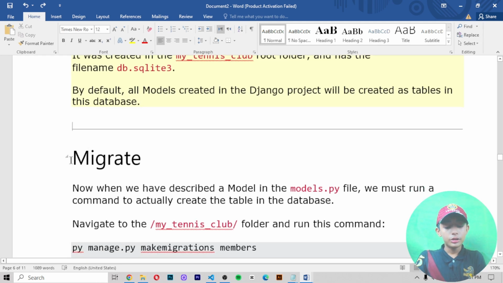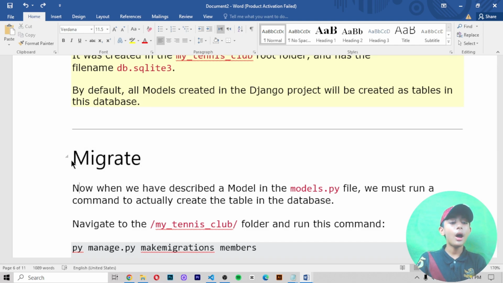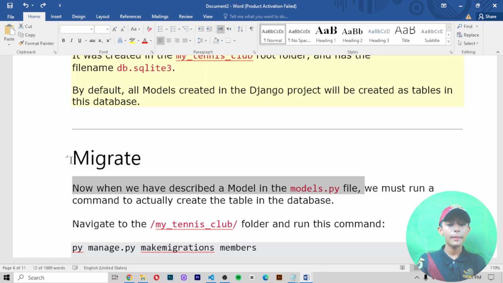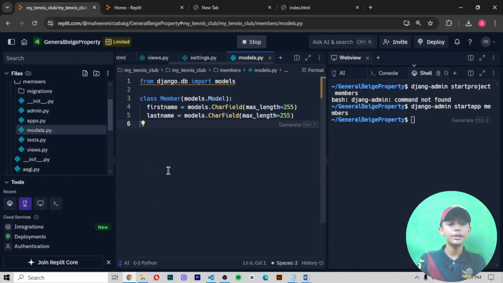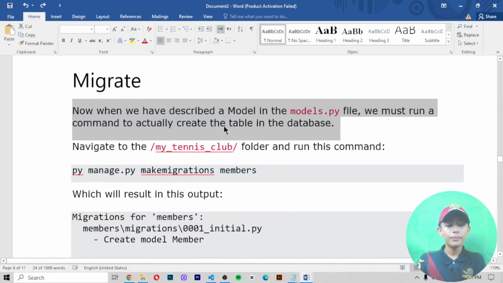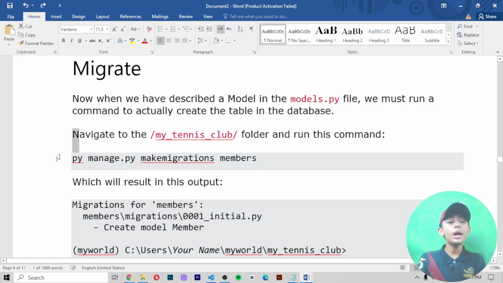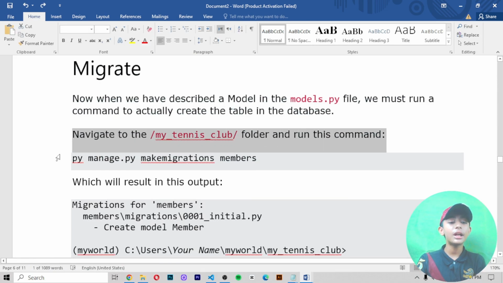Migrate. So what is migrate? Let me tell you. Now, when we describe a model in the models.py file, we must run a command to actually create the table in the database. We described a model in the models.py file. Now, navigate to the My Tennis Club folder and run this command.